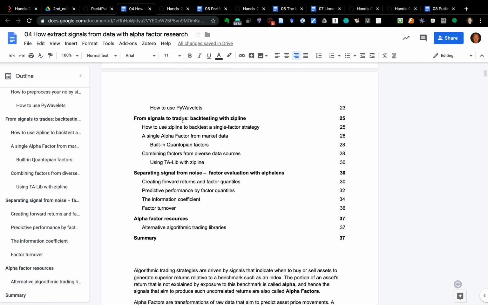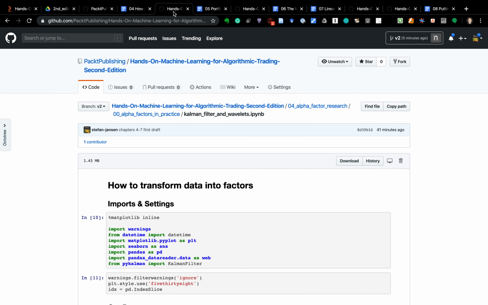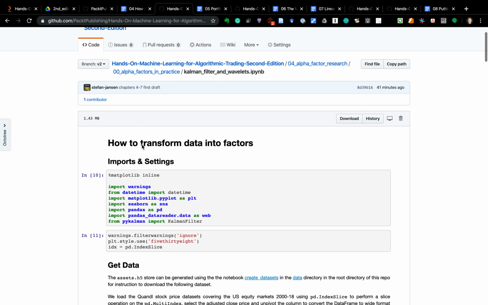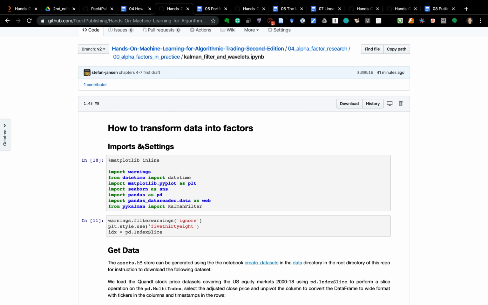And then I move on to, this is also rewritten, so there's a new introduction to backtesting. This is the first time I introduce backtesting in the book, so I revised this a little bit in order for this to be more compatible with a more focused approach to backtesting later in the book. So this is chapter 4, and here's one of the new notebooks that deals with Kalman filter and